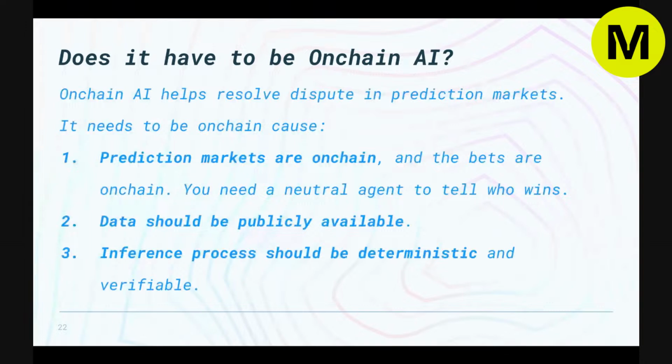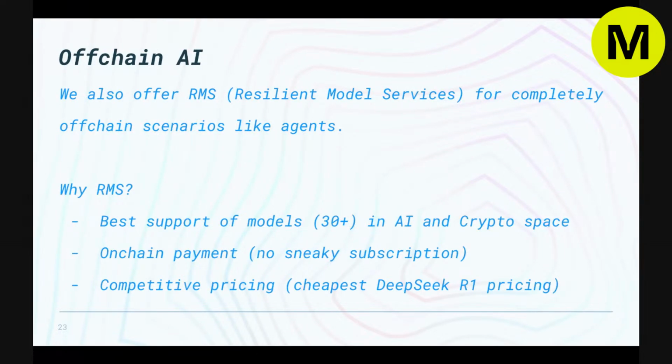So for the third one, it also works pretty well with on-chain AI because the inference process is also deterministic, and all these applications require these to be deterministic because you want to have a final outcome for all these bets or for all these determined values. So it works pretty well with the OPML system that we built. And this is one of the core application ideas that we can think about with on-chain AI.